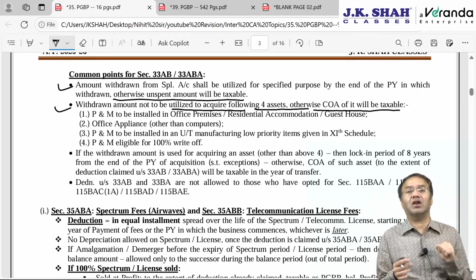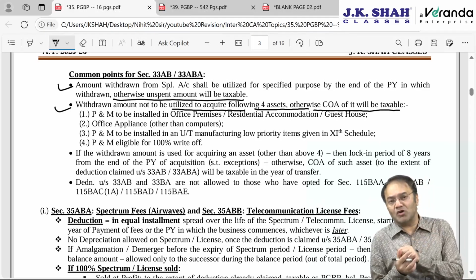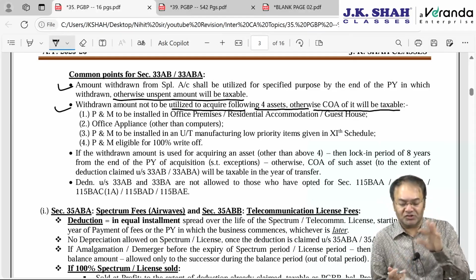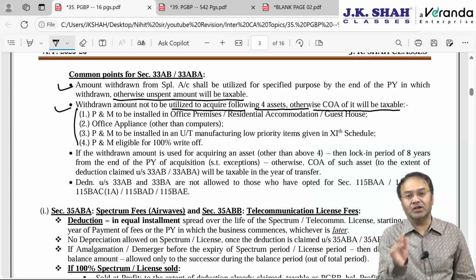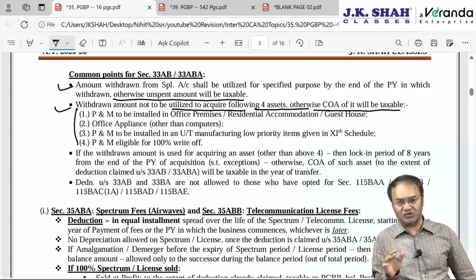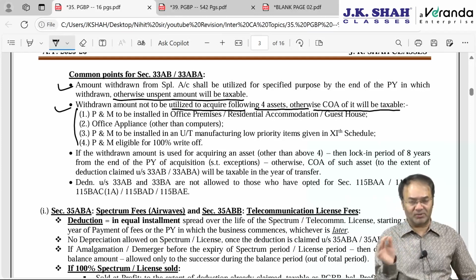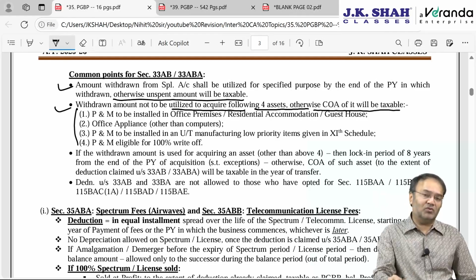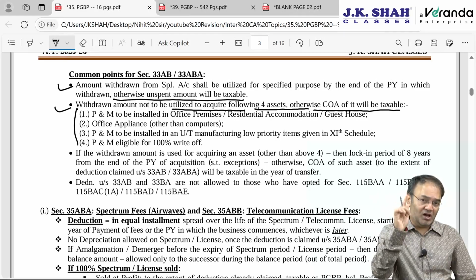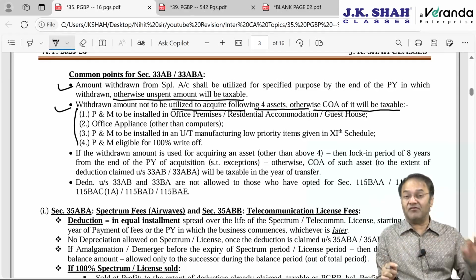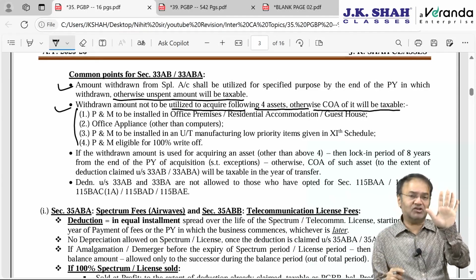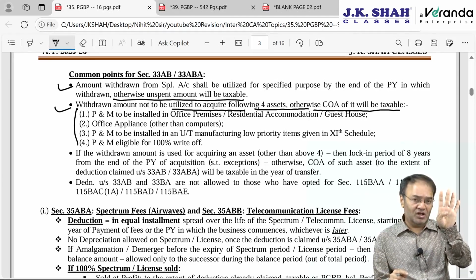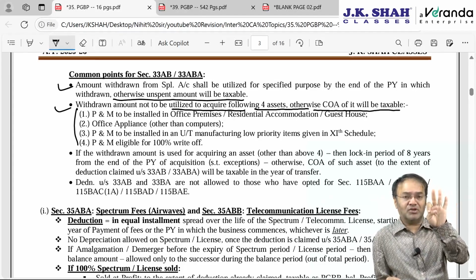So amount withdrawn is 100 lakhs, 1 crore. Out of 1 crore amount withdrawn, 25 lakhs is spent for acquiring any of these 4 assets. Then entire 25 lakh, whatever is the cost of acquisition of these 4 assets, will become taxable instantly. Out of these 4, 2 of them are common with what we discussed with the exceptions that we discussed in additional depreciation. There were 5 exceptions, 5 blacklisted plant machinery. Which 5 blacklisted? Ship, aircraft, road transport vehicle, second-hand plant machinery, that is previously used plant machinery,